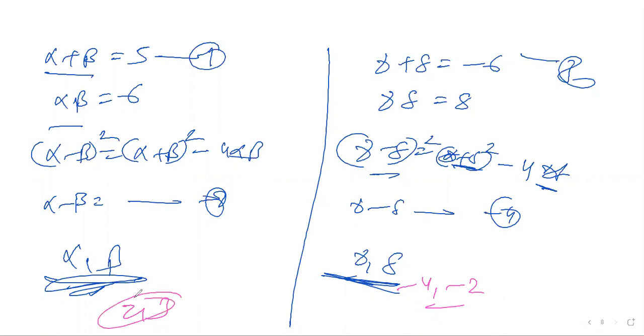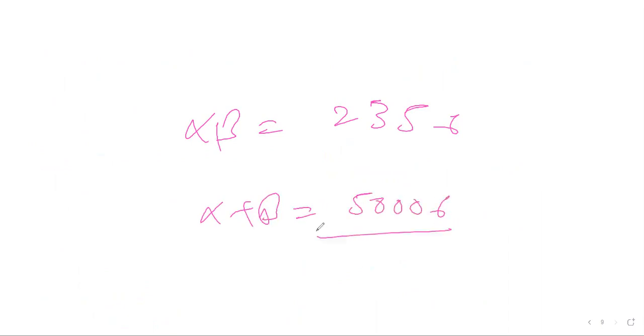You are saying we can write 6 as 3 into 2, but this is the procedure you can find out. I'll give you one more question. Let us say alpha into beta is equal to some other value, some 5000, some answer. You tell me now, how can you do that? Is it possible? When we know this basic thing, we can do it.